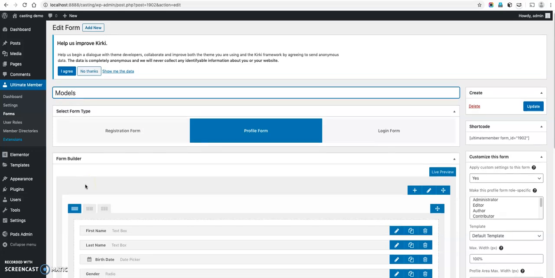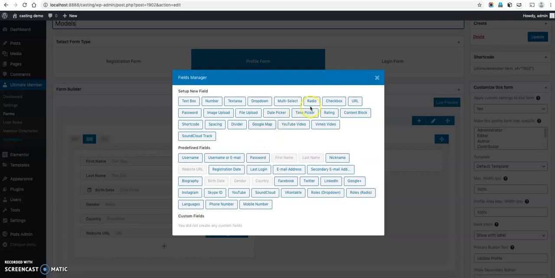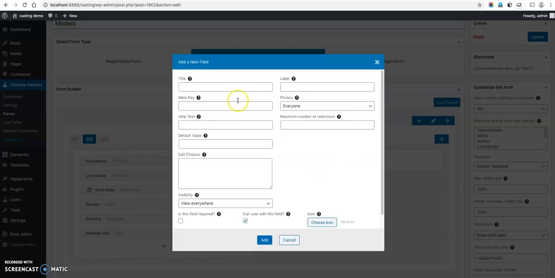Now in the model form, just two forms. Now checkbox, model types. Now I would like to create model type. If here text, okay, no problem. Model type means